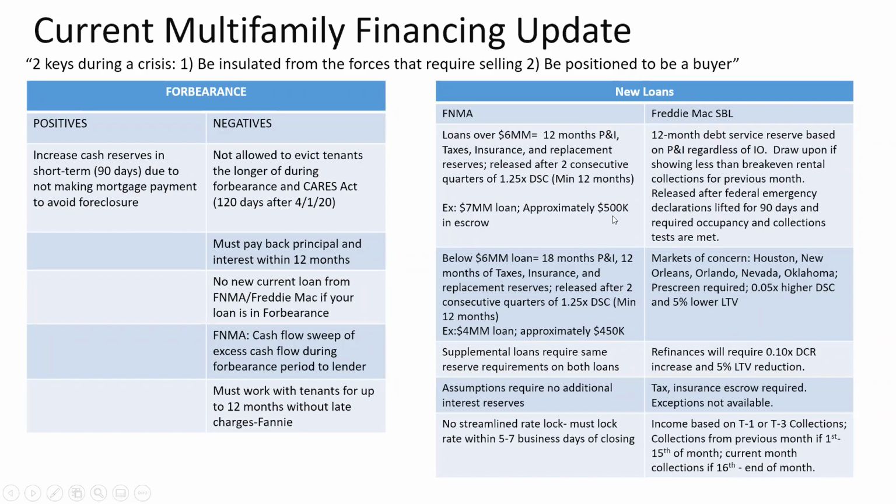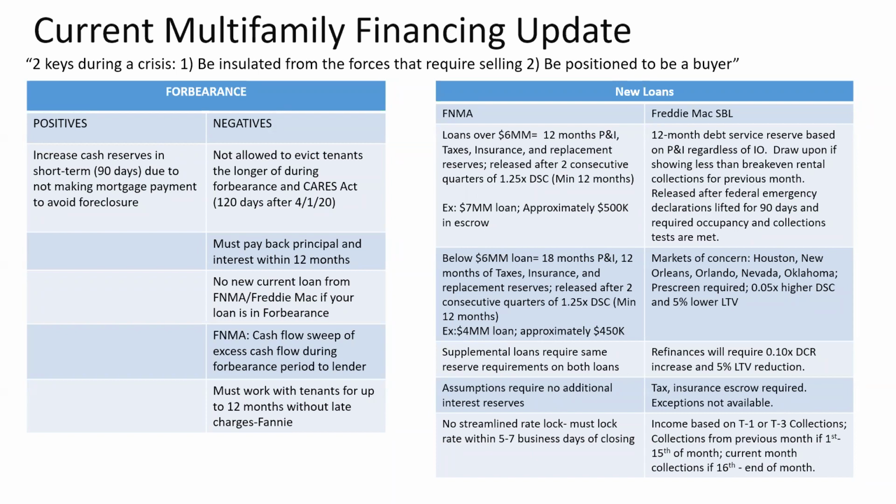So Nate asked this question around, what do you think is more advantageous for buyers, assumptions or new loans? Right now, if you can do the loan assumption, that is going to give you the most certainty of execution, because right now all these rules have changed. In March, we had a couple deals. We had the loan commitment from Fannie Mae, and they essentially came out and said, "Look, I know we gave you this loan commitment, but now we're going to have you put up these reserves." So there's just so much uncertainty right now. The last thing you need is more uncertainty around your loan proceeds, right?